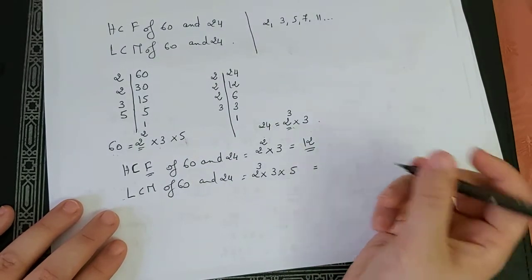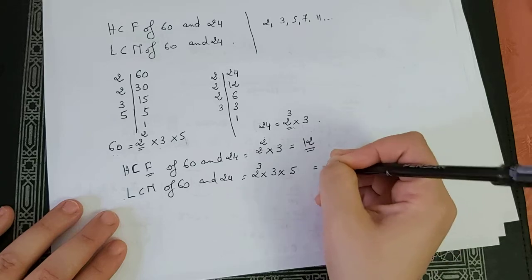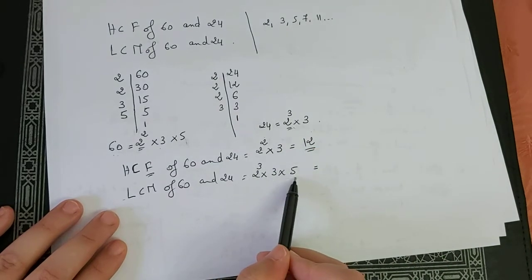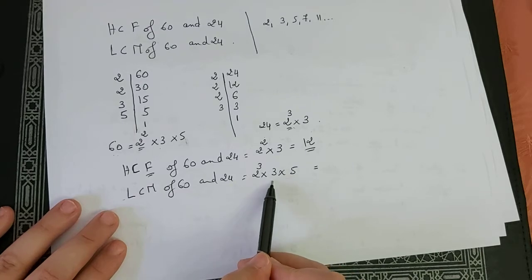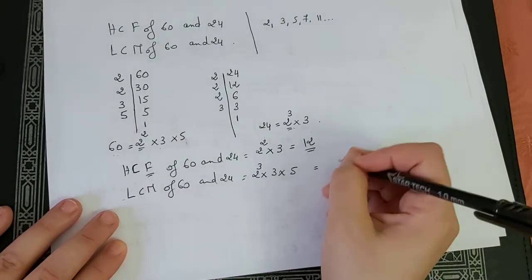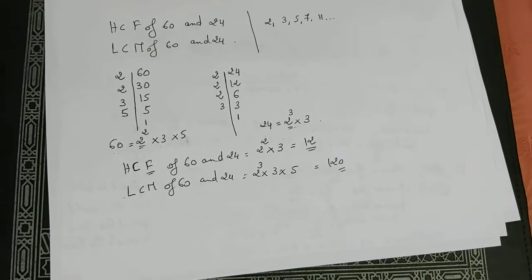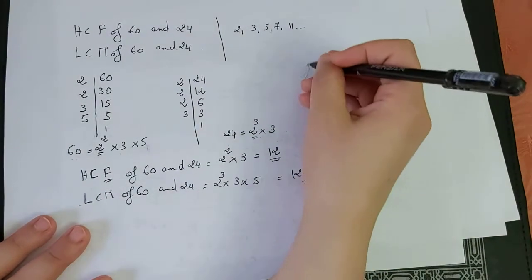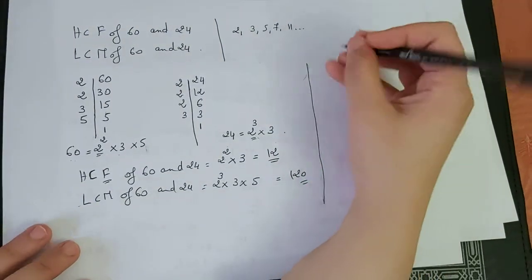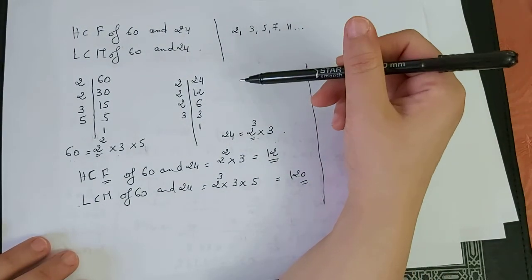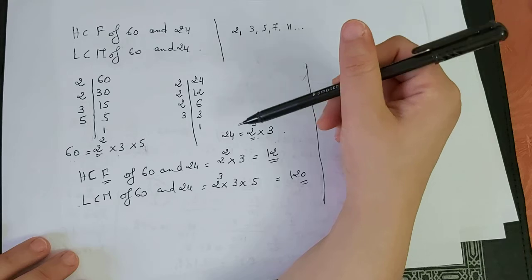Now, it will be 8 times 3 times 5. 8 times 5 is 40. 40 times 3 is 120. So this is the lowest common multiple for these two numbers. Okay, well, this is one way. A second way, for example, to get the highest common factor for 60 and 24,